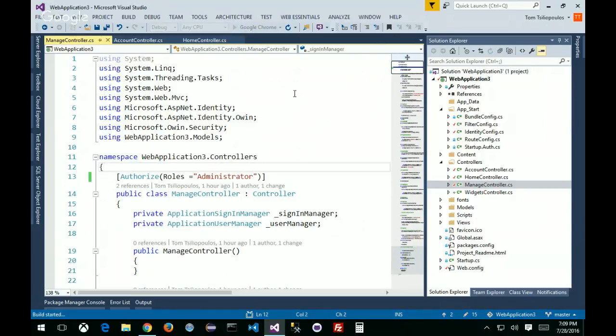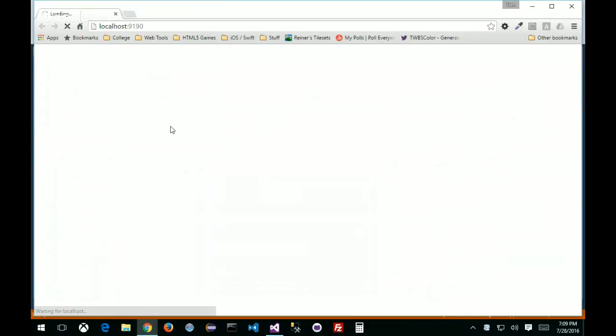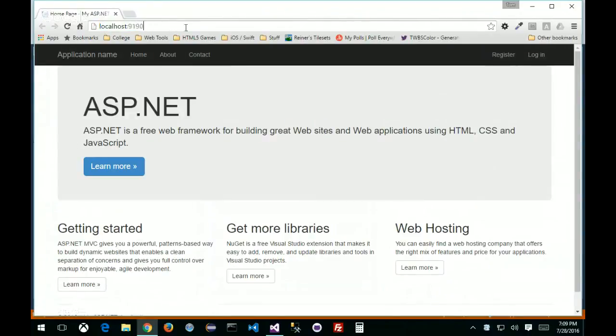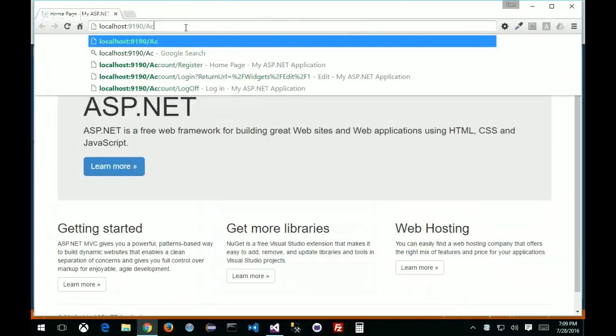So I should be able to get, even when I'm not logged in, to my main site again, right? It won't direct me to log in again, right? But if I try and do something with manage, unless I'm logged in, or my account controller, right? So if I go to account, and I press enter, it'll say